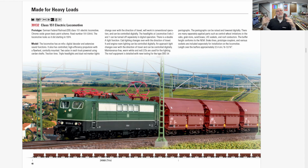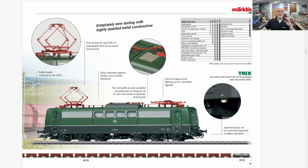All right, and then this was another one they were high on. A retooling of the Class 151. They were very excited about this in their video today. Class 151, Deutsche Bundesbahn. This is all new retooling, resculpting, remolding, all new decoder. It's going to have